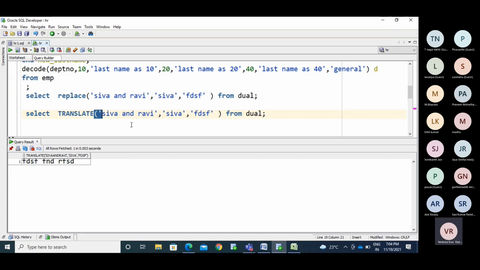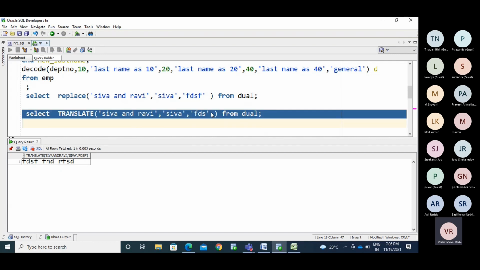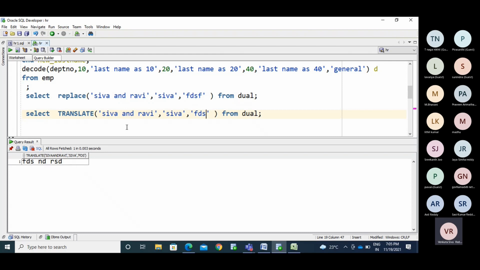Okay, so it performs character by character. So now you are saying 4 characters you are going to replace here. Now you mention 4 to 4. So S, F, I, D, V, S, A, F. Now I make it like this. I haven't mentioned anything about A. If I get the value A in this list, which value do I need to replace it with? I haven't mentioned that. So for that, it becomes null. Wherever I have A here, it becomes null.